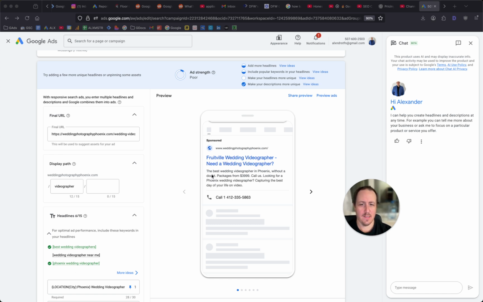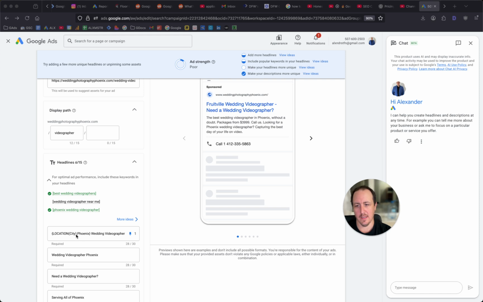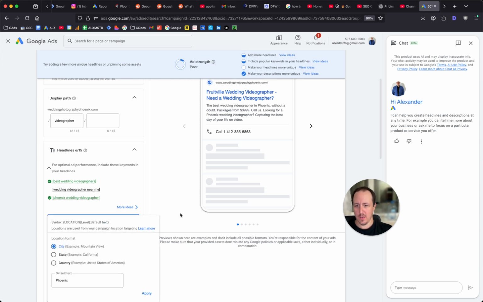And Google does say city, but it will even break it down further into things like suburbs, if they're prominent suburbs, right? And you can also add, for example, we can just change this one, right? Even in location, you can enter state, right? So if you're doing a national campaign, you don't necessarily have to build out 50 different ads, 50 different ad groups, target 50 different states. If you're running an international campaign, you don't have to build out 25 different campaigns to target 25 different countries,